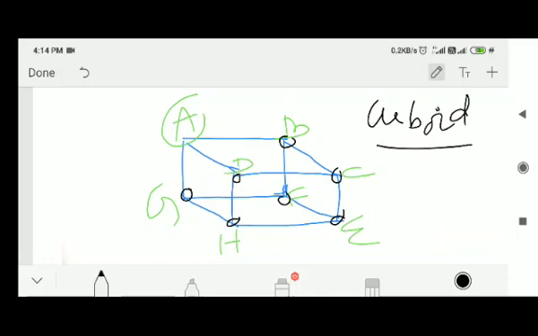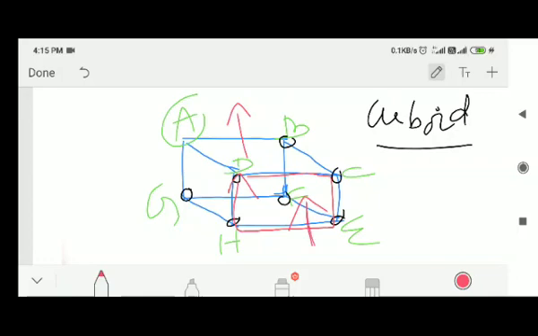A cuboid is basically a figure consisting of rectangles. So how many rectangles are there? By naming, I'm giving names. One is DCEH. This is the front face. Similarly, another back face is like this. So this is the front rectangle, another is the back rectangle. Each rectangle of a cuboid is a face of the cuboid. So there are 6 faces of a cuboid.